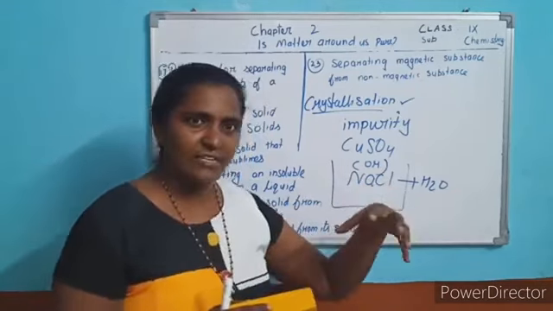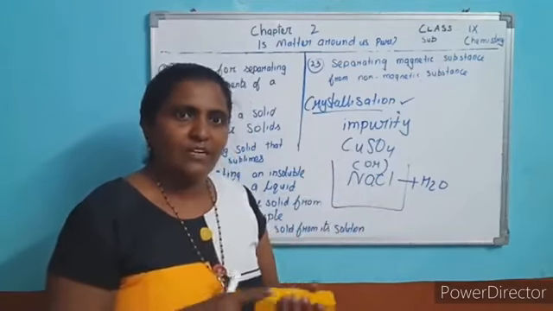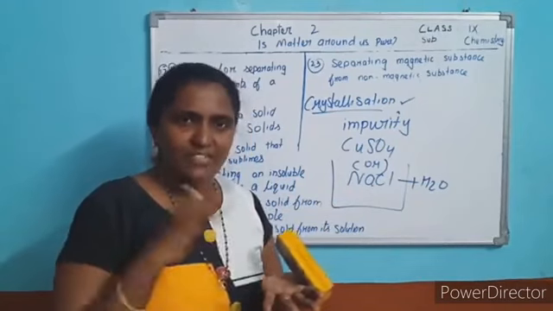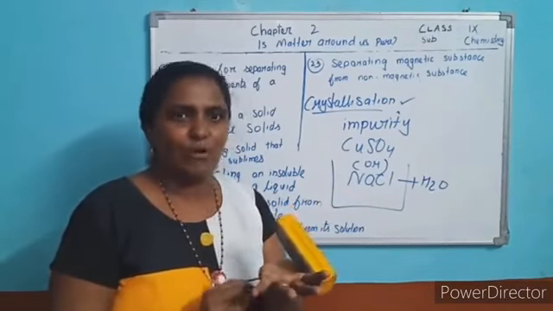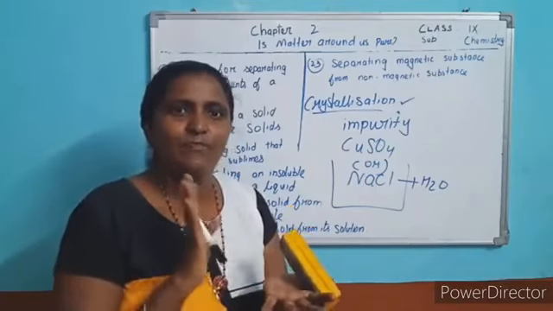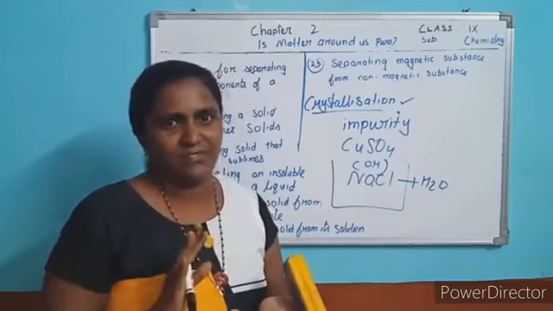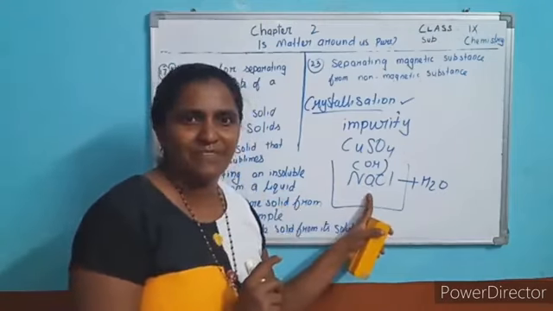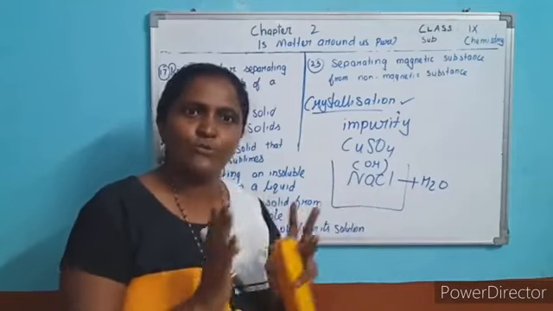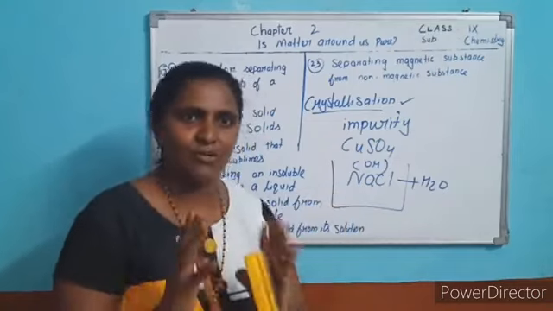You know how to prepare a saturated solution. You add salt to the water, it will dissolve. Again some more salt, it dissolves. After a few minutes or after some amount of salt, it remains settled down. It doesn't dissolve. Then what does it mean? The solution is saturated. So stop adding the salt. So you prepare the saturated solution of this sample. Now what are you going to do? Allow the sample to cool.